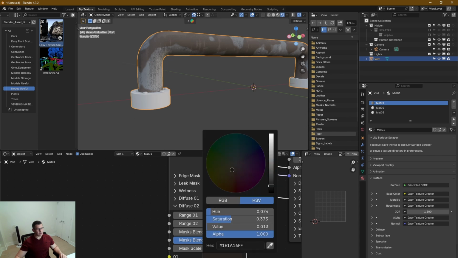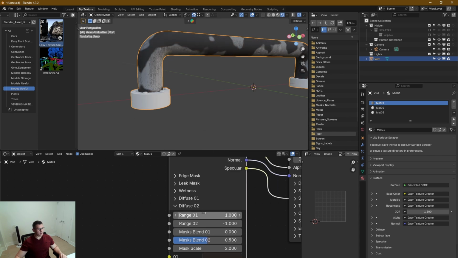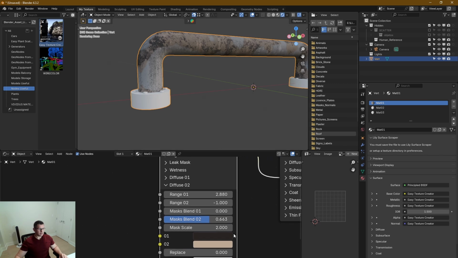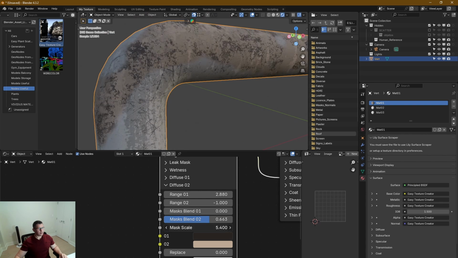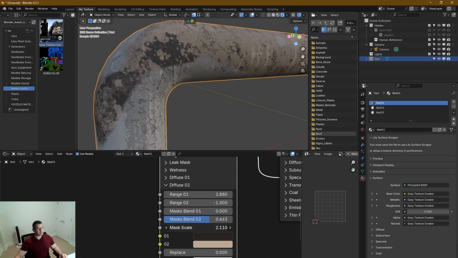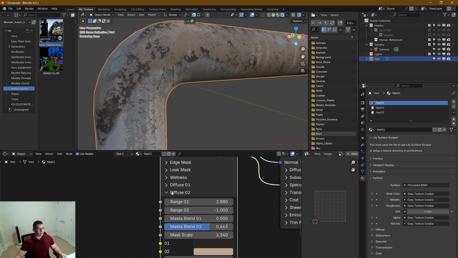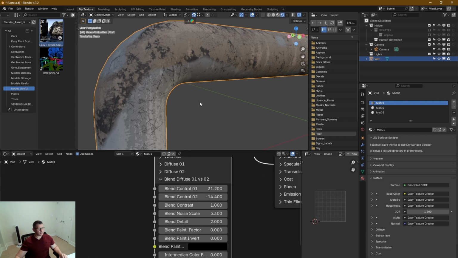This one a bit down, and I will play around with my masks here, something like this, right? And having maybe something like this, something like that. Okay, play around with my scale, something like this. And the mask between diffuse 1 and 2, I want to add some details here. So I will blend